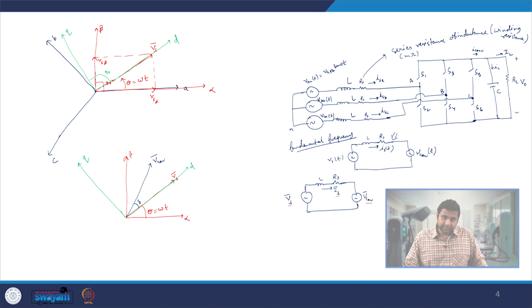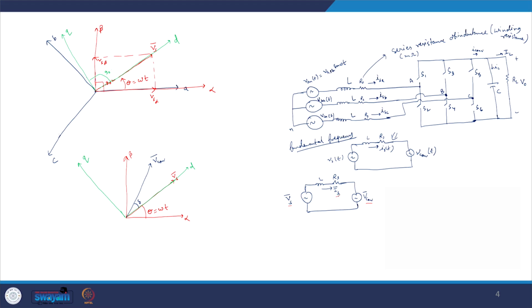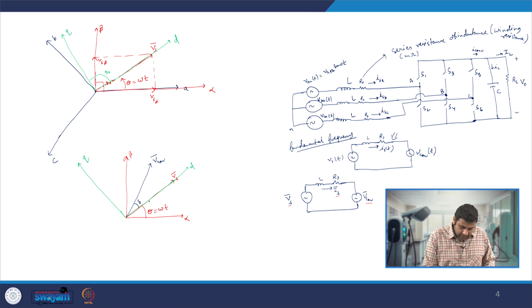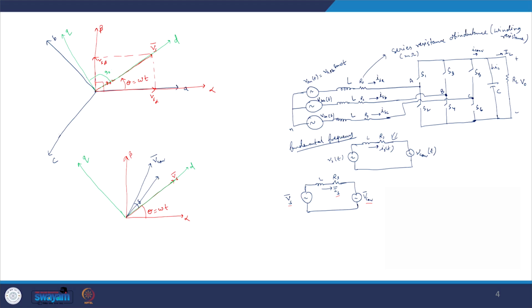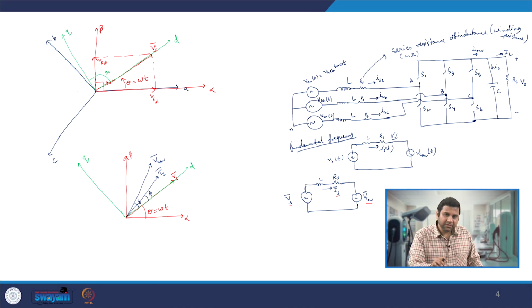Similarly, we can also define the space vector Is, or the current drawn from the source. Let us define the Is space vector here. However, we would like to ensure that the Is vector is aligned along the Vs space vector, but for a general case, let us say this one is at a phi angle at some point of time. This is not what we want in our operation, but for the general case, let us define one quantity phi, which is the phase angle between the Is space vector and the Vs space vector.